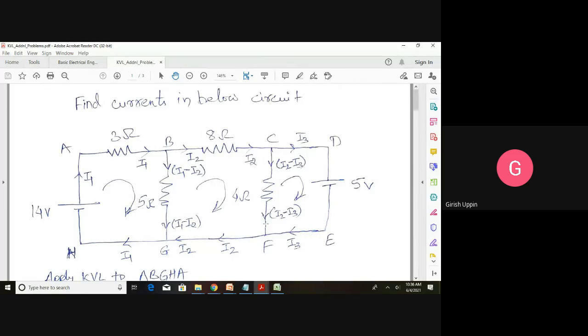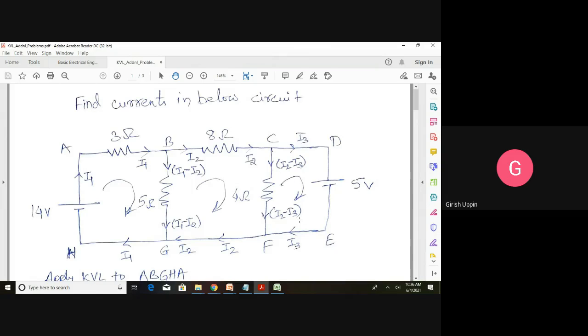Again, if you apply Ohm's law, this plus this is what will flow here. I2 minus I3 plus I3, I3 will get cancelled. I2 will flow here, and this is I1 minus I2. So both together add up: I1 minus I2 plus I2, so I2 will get cancelled. I1 current will flow back to the voltage source. I hope everybody is clear with this convention. This is the direction of tracing, clockwise.